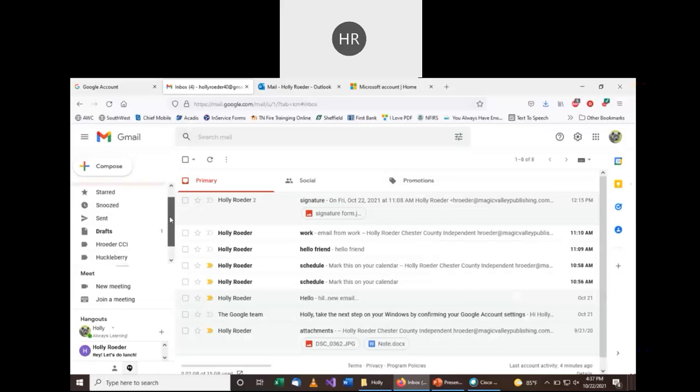So now let's do a little housekeeping. You'll notice in these options we have inbox, starred, snoozed, sent, drafts, and then I have a couple of folders. I created this one for the newspaper. I work at the Chester County Independent, and so any email that might come through for work, I would move over there. That one, I don't know, we're going to say that's a friend. Let's say,